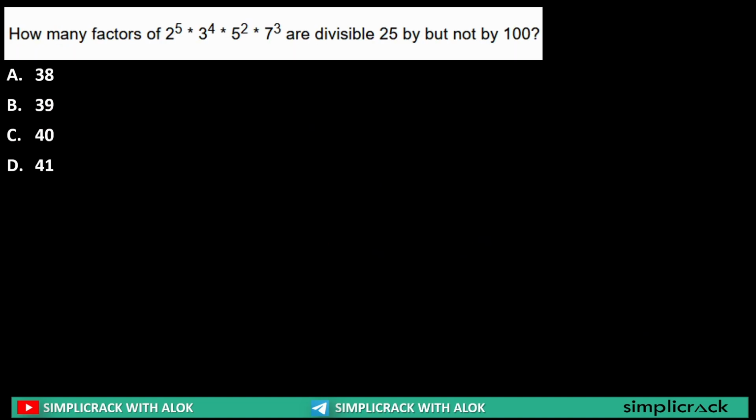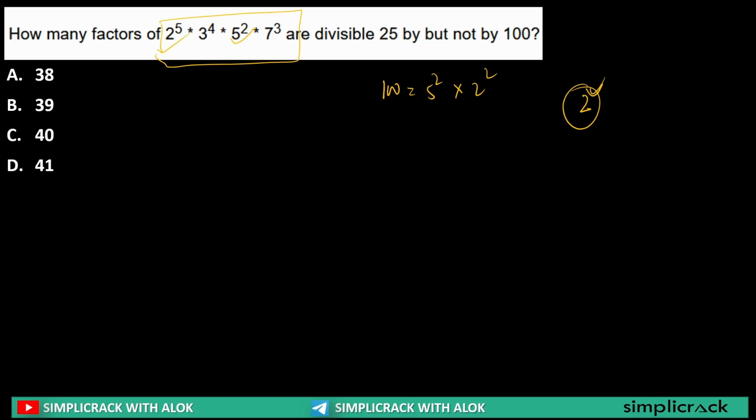Now, how many factors of these are divisible by 25 but not 100? See, you need to understand 100 means what? 100 means 5 square into 2 square. So whenever you have to find out the divisibility by 25 but not by 100, that means only one power of 2 should be there if 5 power is available in the factor or in the number that we are dividing it. So here in this whole number,